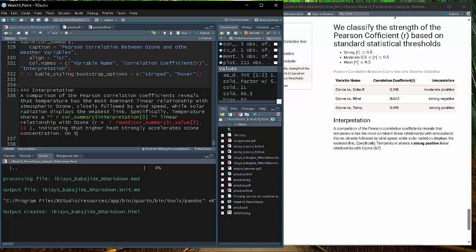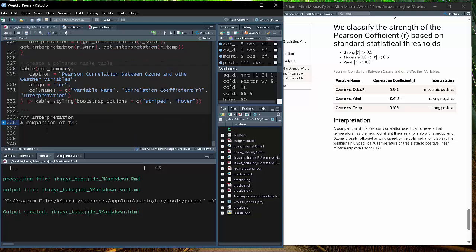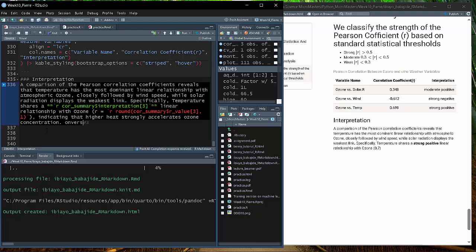I think that is a better word. I don't know why R does this sometimes. And this blue thing, I don't know why it comes up. Conversely,